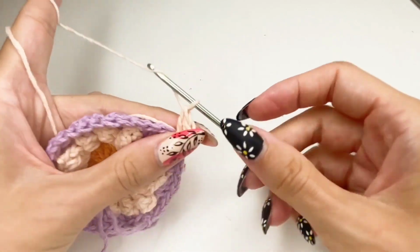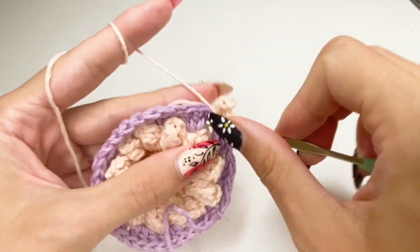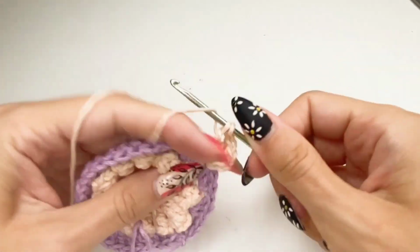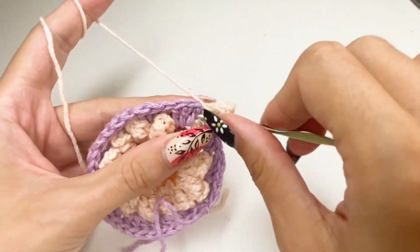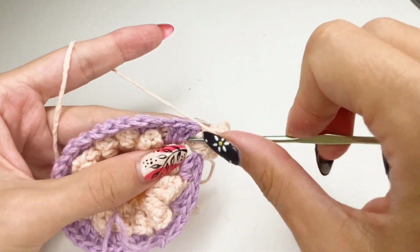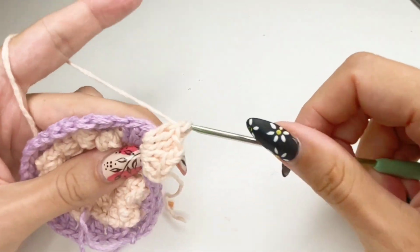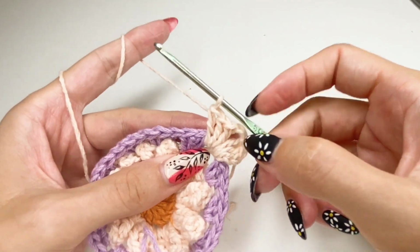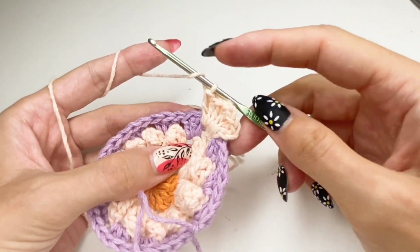Here are the 3 double crochets. I'm going to chain 2, and I'm going to insert 3 more double crochets into that same chain space. Right now what I'm doing is I'm creating the corner, and because we are creating a granny square, it is very necessary. And once I do that, I am going to just yarn over and go into the next chain